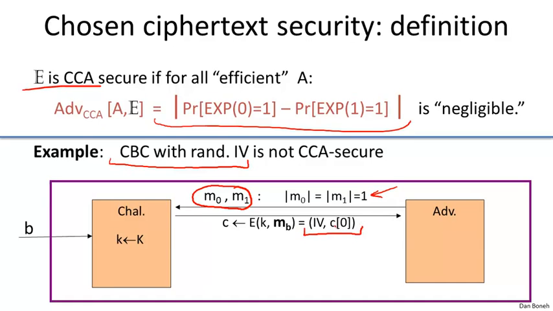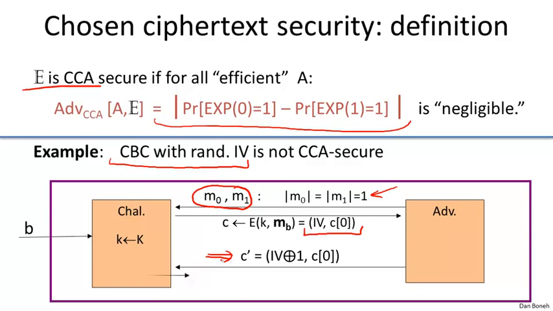Now what is the attacker going to do? Well, he's going to modify the ciphertext C that he was given into C prime simply by changing the IV. Okay, so he just takes the IV and XORs it with 1. That's it. This gives a new ciphertext, C prime, which is different from C, and as a result, it's perfectly valid for the adversary to submit C prime as a chosen ciphertext query. So he asks the challenger, please decrypt this C prime for me. The challenger, because C prime is not equal to C, must decrypt C prime.